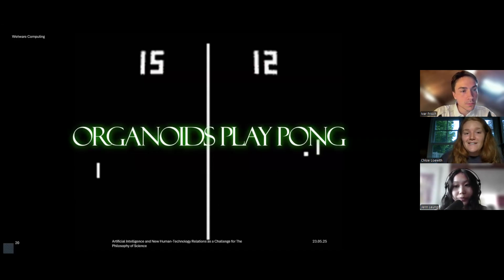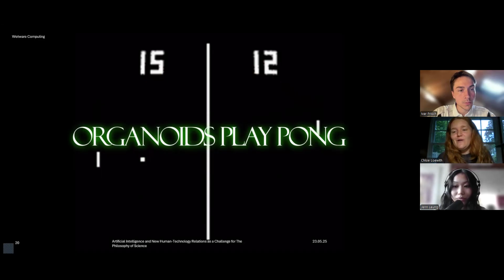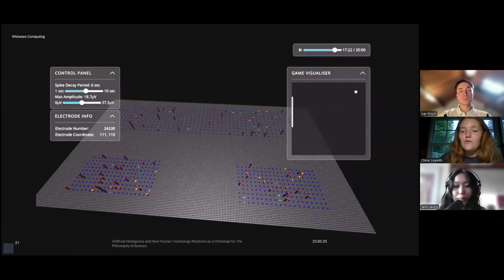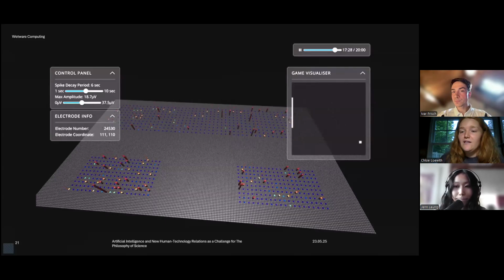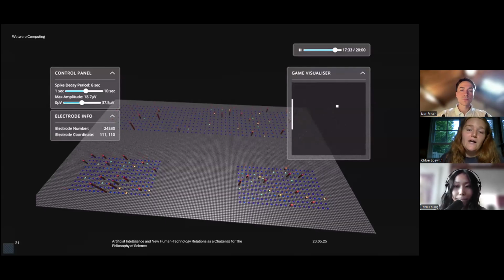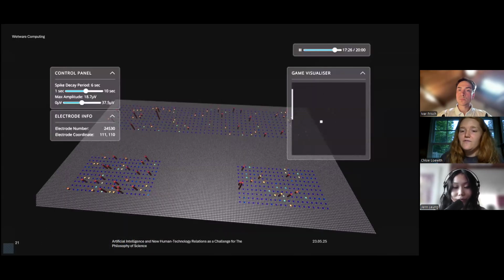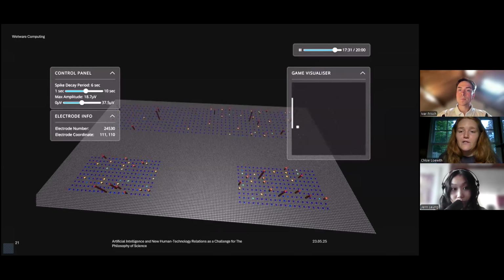And a couple prominent examples of the organoids themselves is this DishBrain experiment, which demonstrates how human brain organoids can be integrated into simulated game environments such as Pong. The primary objective of this DishBrain experiment was to explore the capabilities of human brain organoids to perform goal-oriented tasks when provided with sensory input and feedback. So the DishBrain grew on the high-density multi-electrode array. And this is the recording of its simulated electrical activity. It involves grid electrodes that deliver electrical stimuli to specific regions of the neural network.